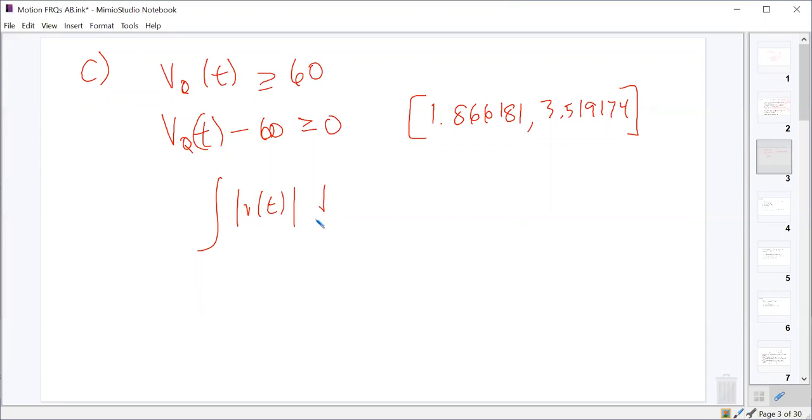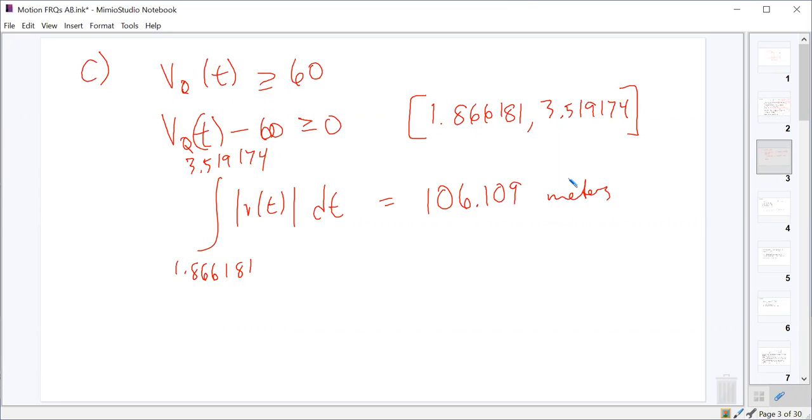Now, we don't actually need to take the absolute value of the velocity on this interval. I'm going to write it there anyway, but we wouldn't have to because what do we know about the velocity on this interval? It's always greater than or equal to 60, so the velocity is always positive on that interval, so the absolute value is not really doing anything, but that's fine. That comes out to be 106.109. Everybody good with that? That is meters,